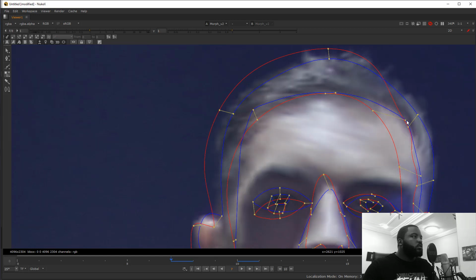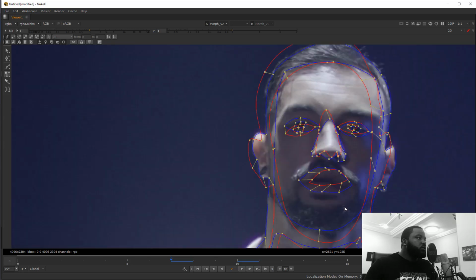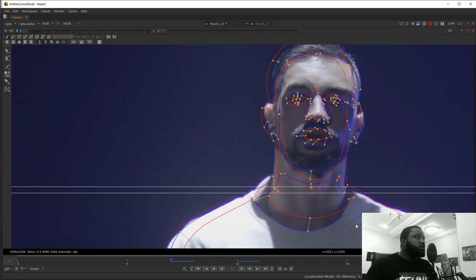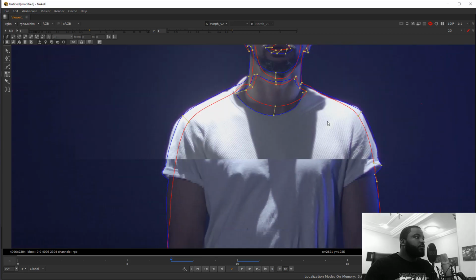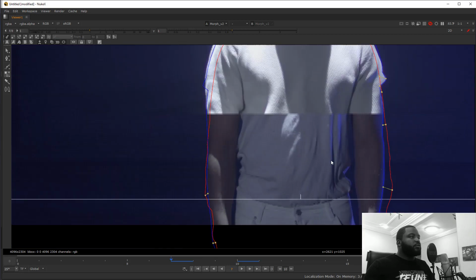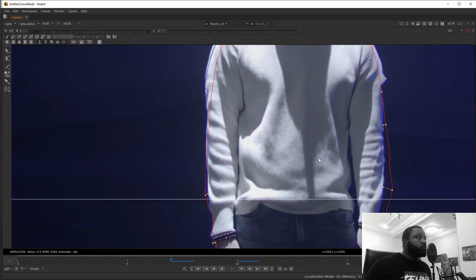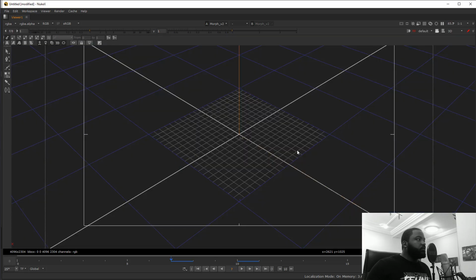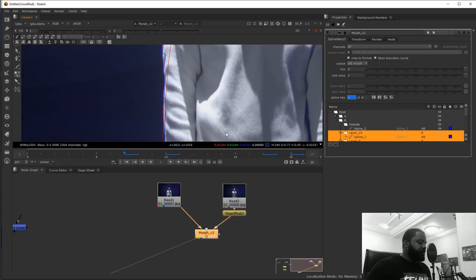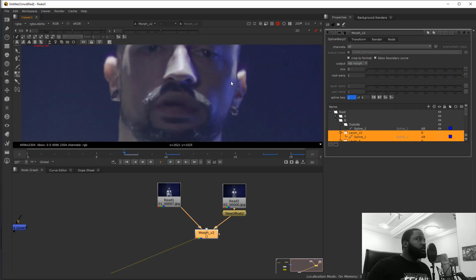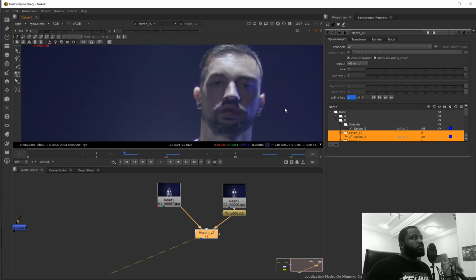A little bit like this, add another point here for the haircut, and that's it. You see, I have distorted everything from the first plane, from the first video to the second. Okay, and I can now go back by pressing space and pressing Q to disable everything and see the result. That is the first morph to the second.